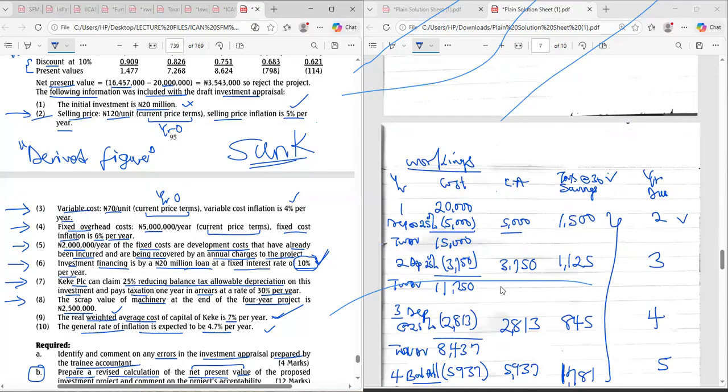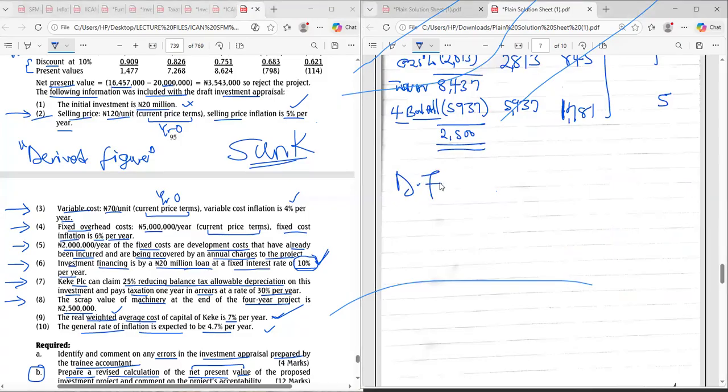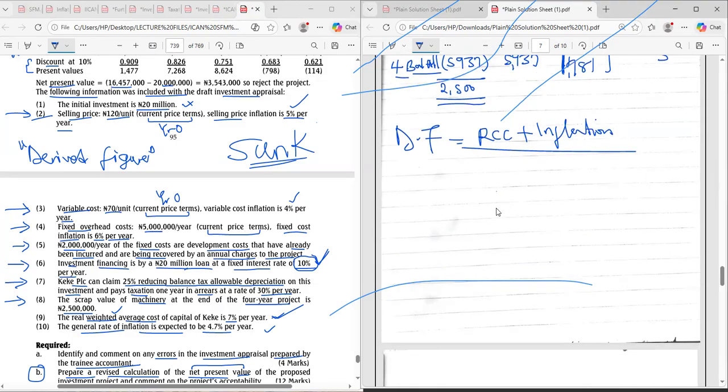All right, so let's go. So somebody was trying to say that online as well. So our discount factor, use 7% in your exam now. Your discount factor is your real cost of capital plus inflation. And what did I say you're going to do? Use Fisher's formula. Give me the formula.